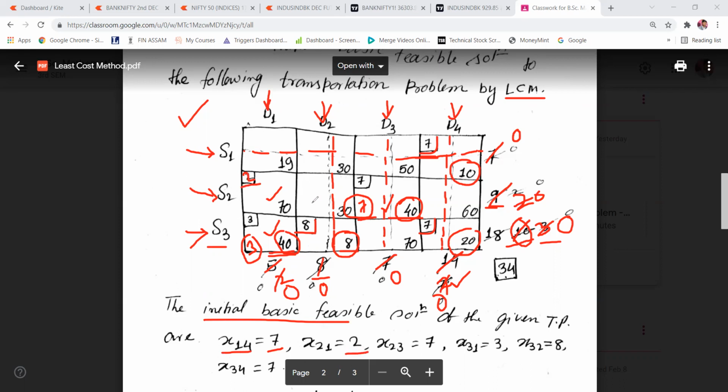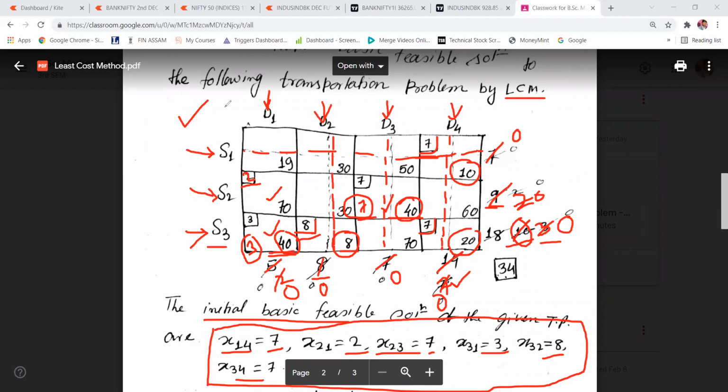Then here, there is no allocation. Here, 7 units allocation, so X23 is equal to 7. And then there is no more allocation. Then here X31 is 3. Then X32 is 8. And then X34 is 7. So this is your initial basic feasible solution of the given transportation problem.